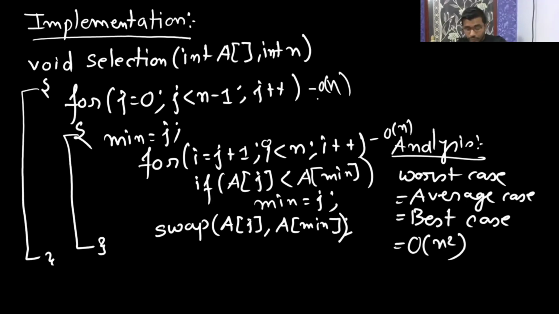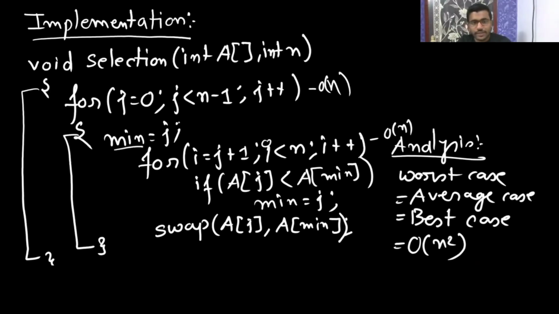Now what is going to be the space complexity? Please comment and let me know. What is going to be the space complexity? This is an iterative function. This code is iterative. Yeah, constant, because